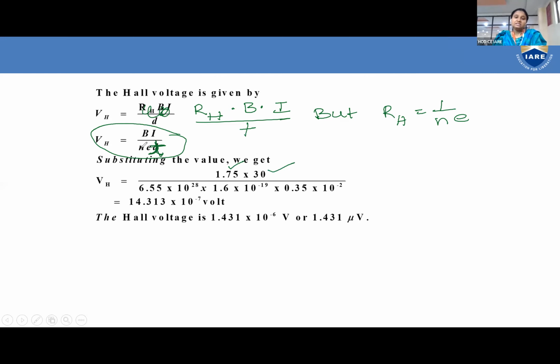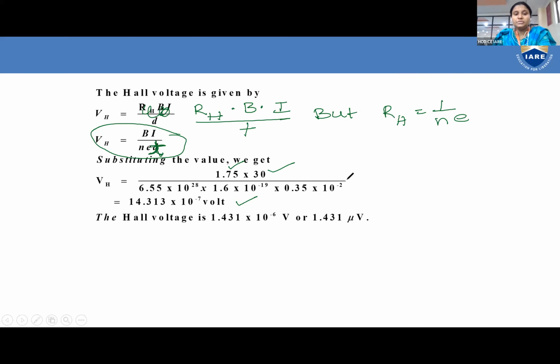N is carrier concentration. What is the value of carrier concentration? 6.55 into 10 power of 28. And charge of electron is 1.6 into 10 power of minus 19. And what is the thickness of sample given? 0.35 centimeter. When we convert it into meters, it will become 0.35 into 10 power of minus 2 meters. So if we simplify this, the final answer will be 14.313 into 10 power of minus 7 volts. But if I want to convert it as 10 power of minus 6, this is